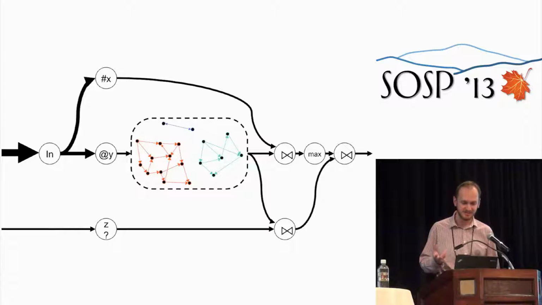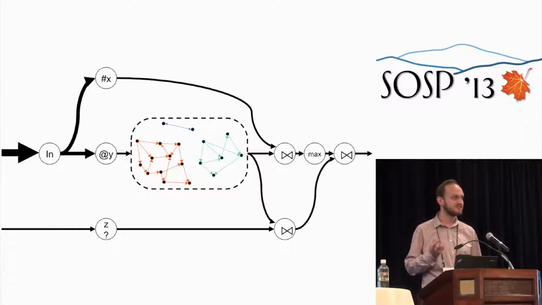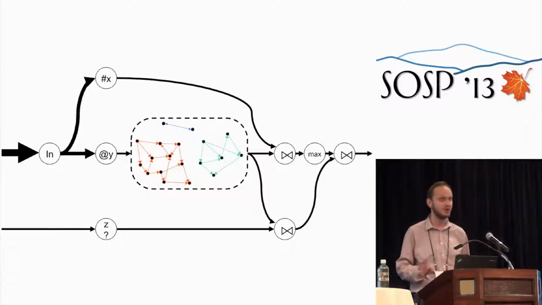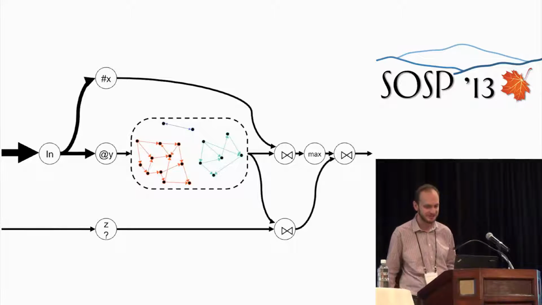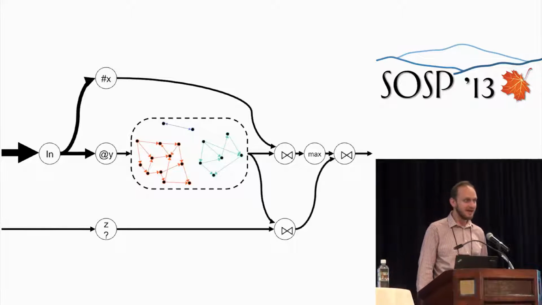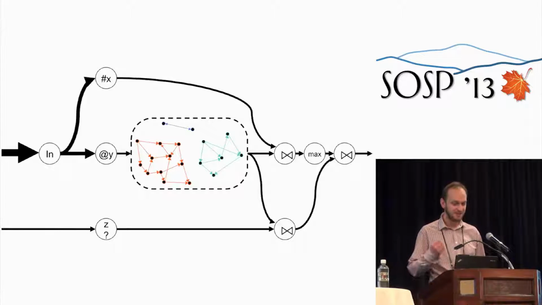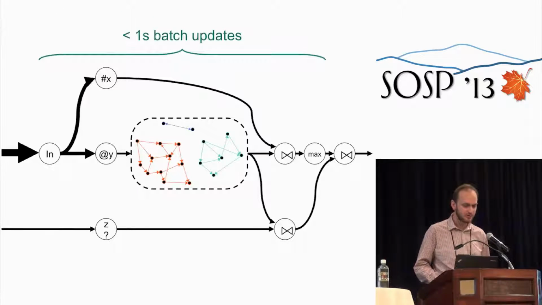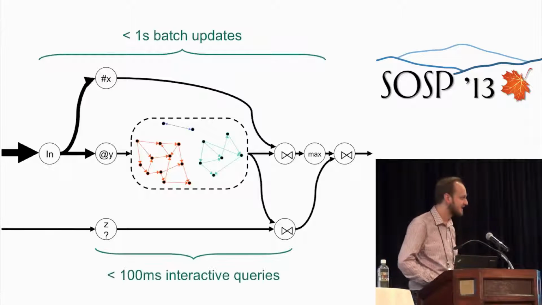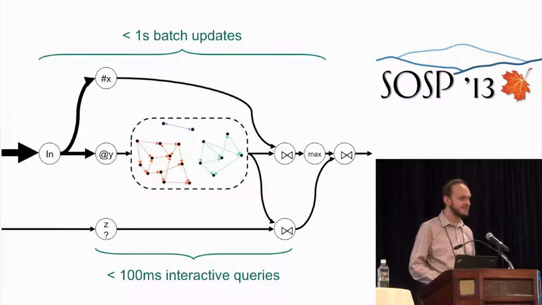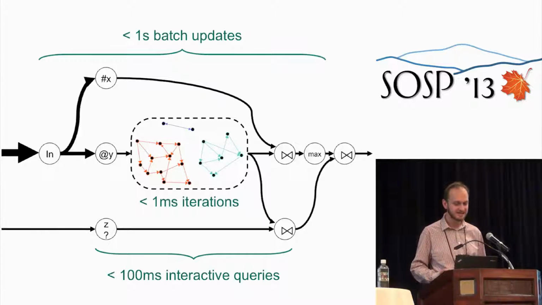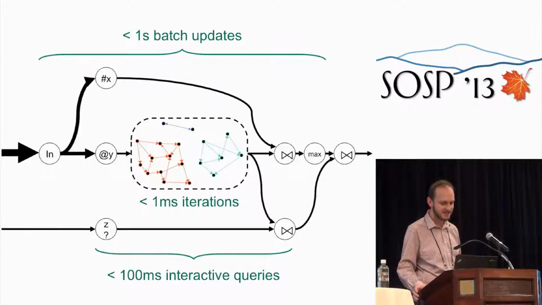So how might we build a system like this? The arrows suggest that we're going to have some kind of dataflow, and that's good because we know how to parallelize that. We know how to distribute it. But the key idea is that we have to minimize the latency of the coordination in this system so that the system is able to perform fine-grained work like processing an incoming batch of data in less than a second, responding to the queries in less than 100 milliseconds, and at the core, iterating the connected components algorithm in less than a millisecond. And this talk is going to focus on how we achieve these latencies in Naiad.